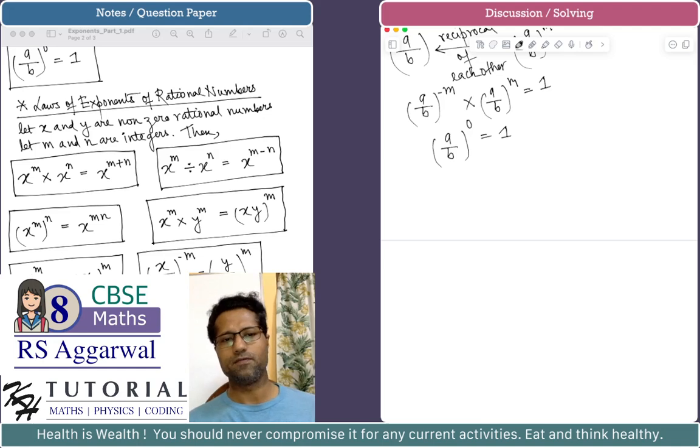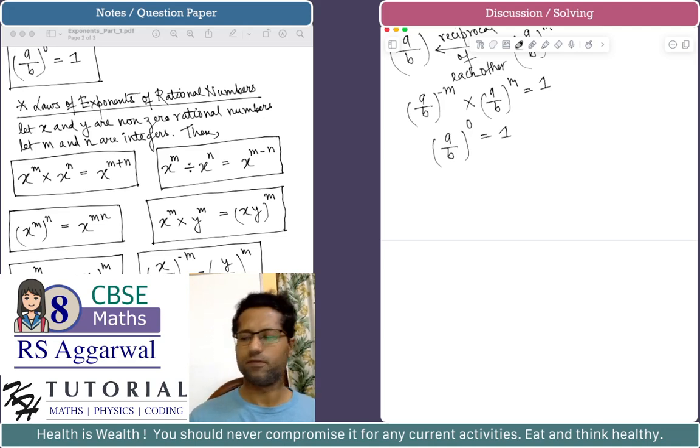So if x and y are non-zero rational numbers, and m and n are some integers, it could be 0, negative or positive, and x and y are non-zero rational numbers. It is not 0, but it can be positive or negative. Then the first law